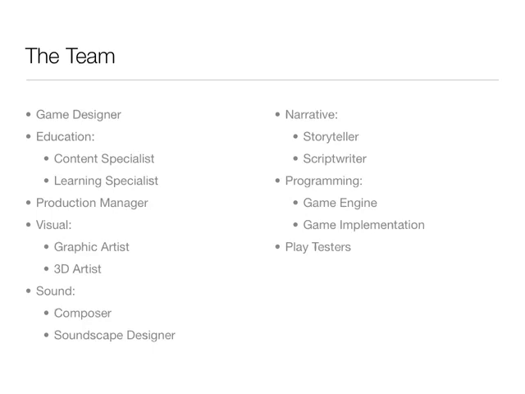And running through the team very briefly, you have the game designer. That's the person that has the overall big picture concept for the game, as well as the more local issues of how the game should be designed, what the challenges should be, how they should be implemented. Then you have content and learning specialists in education that connect the game to what you want to achieve in the classroom. A production manager that makes sure everybody is staying on top of their tasks and one portion of the team isn't getting so far ahead of the others that suddenly you're going to have problems making deadlines or getting the whole game to fit together in the first place.